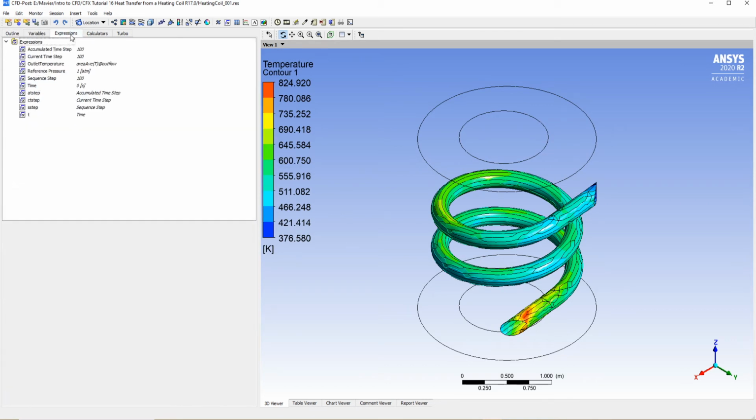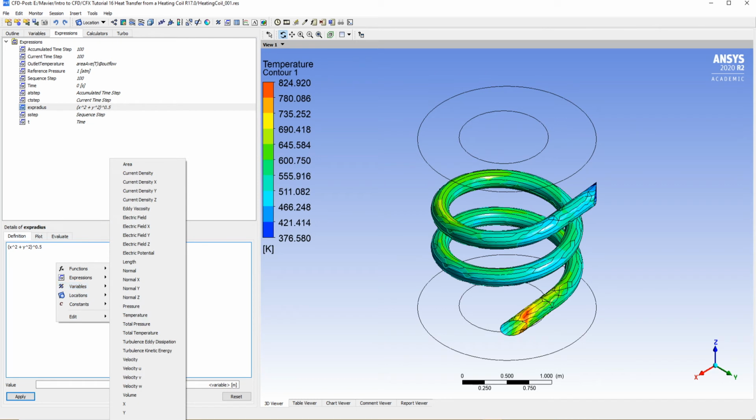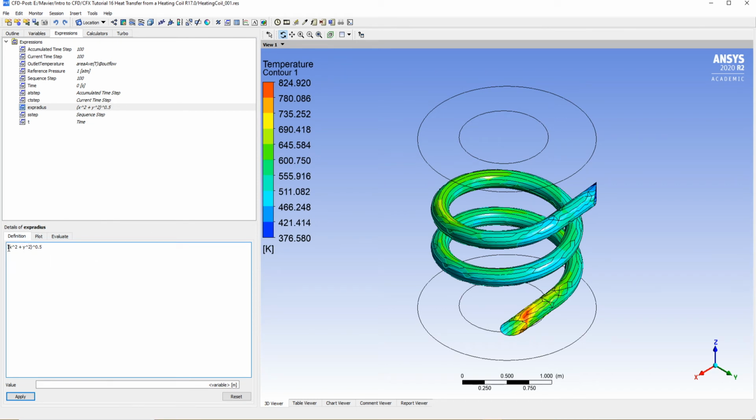So go to the expressions tab. You can right click anywhere here and select new, and the expression is going to be exp radius. All right, the expression is going to be this one, which is basically going to give us a radius. Again, you're going to need to type this expression here, and you can do it directly. You don't need to do right click, variables. Actually, you can do this, but